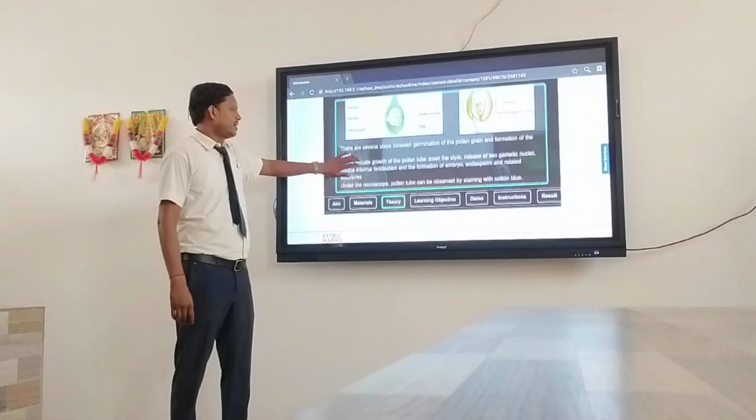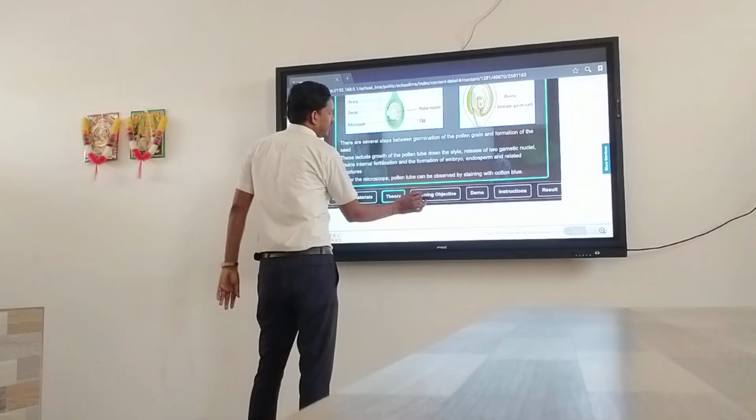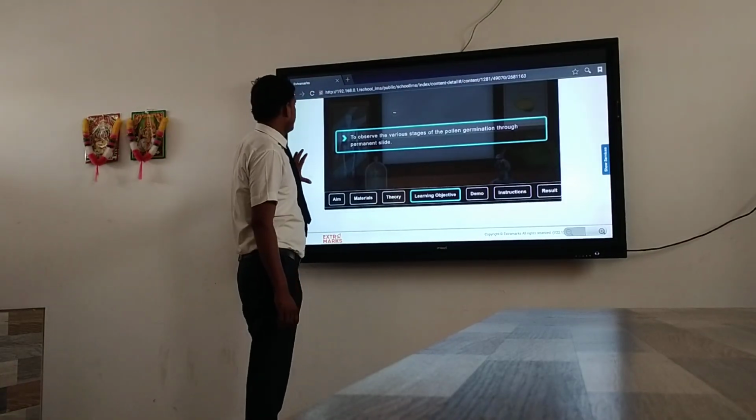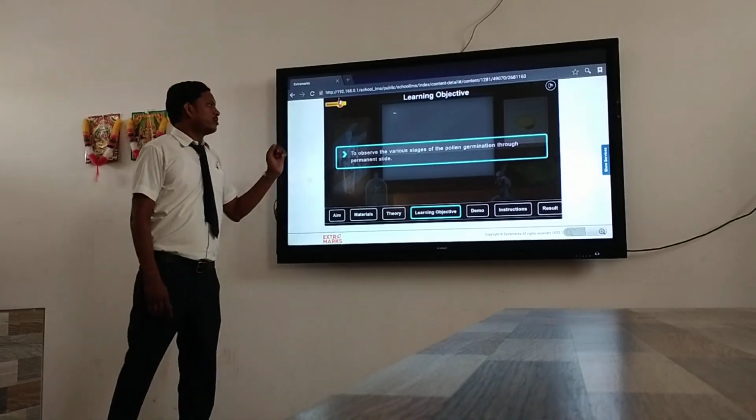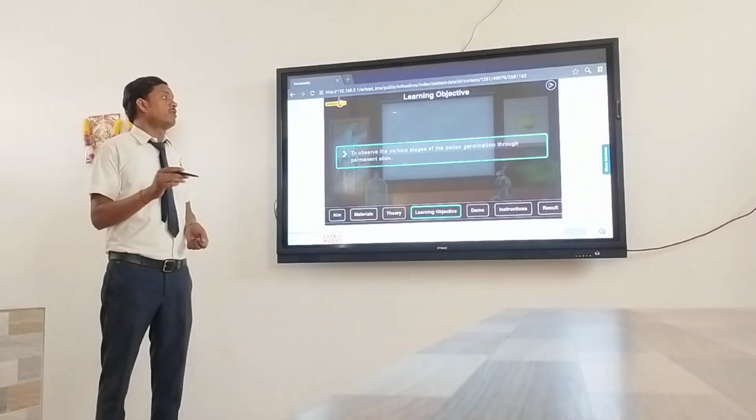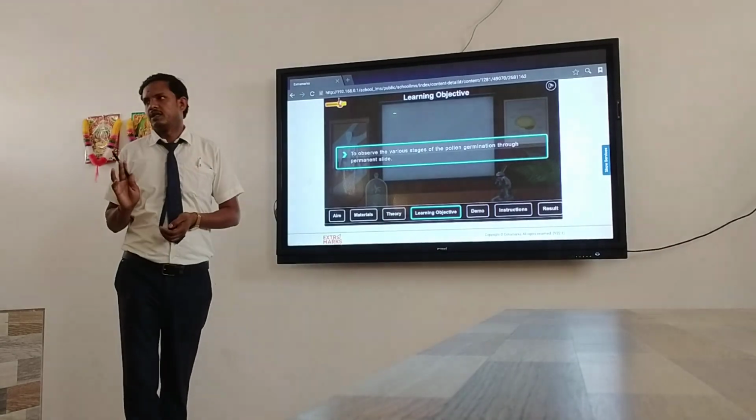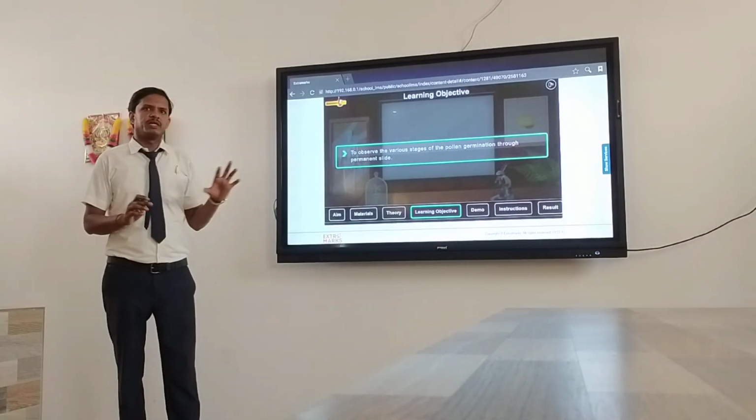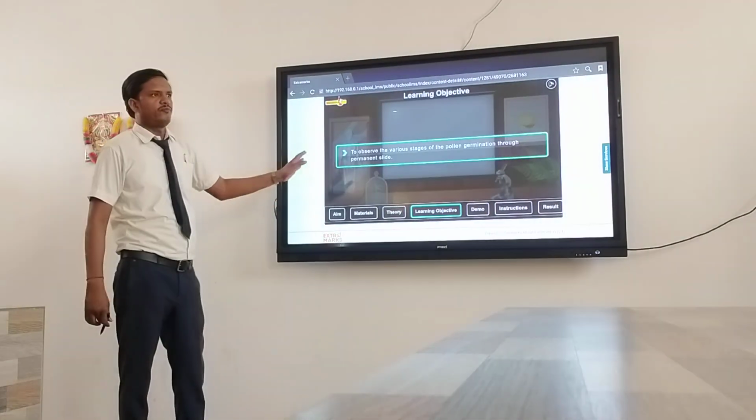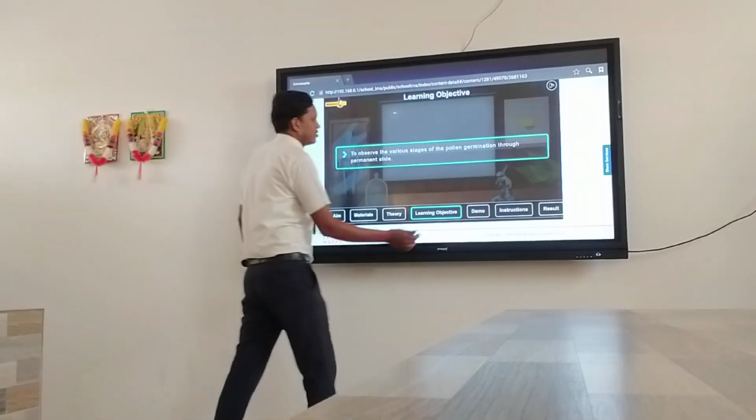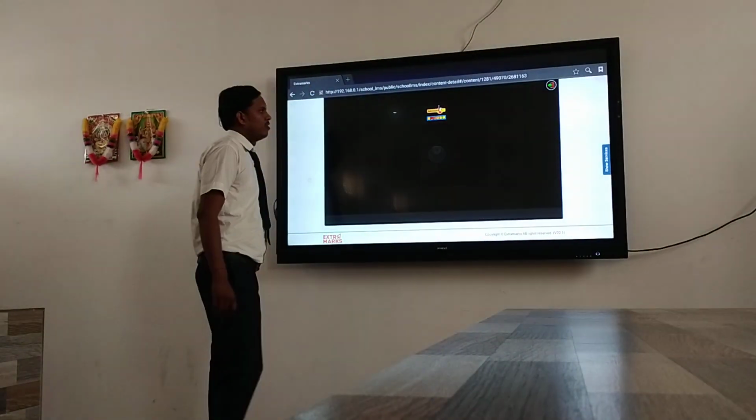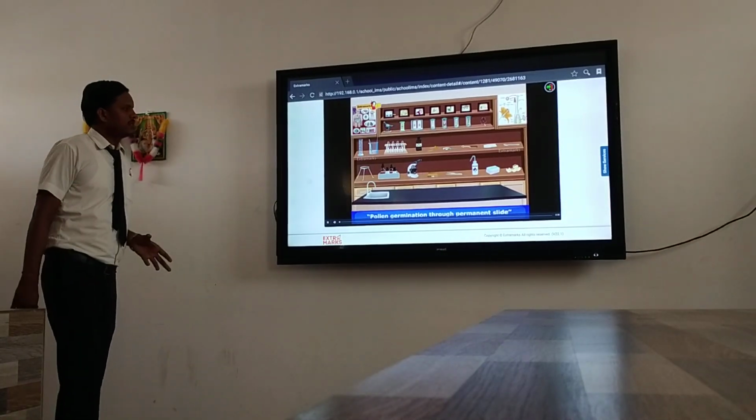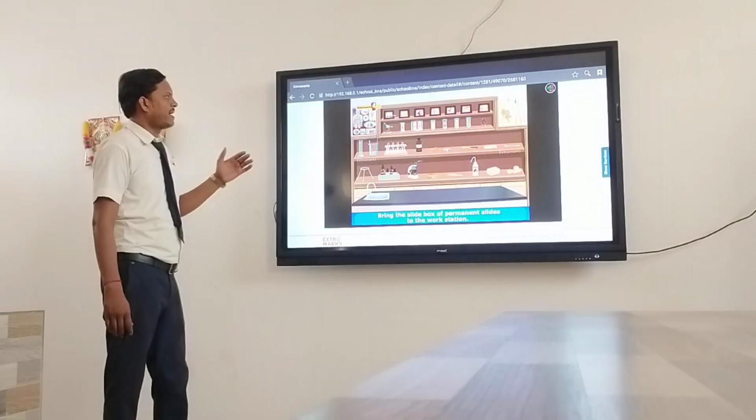Cotton blue dye, okay? What is the main reason to perform this experiment? To observe the various stages of pollen germination through permanent slide. What are the various stages that we are going to study after completion of this particular experiment? So you can see the demo here. Just have a look at how the mechanical